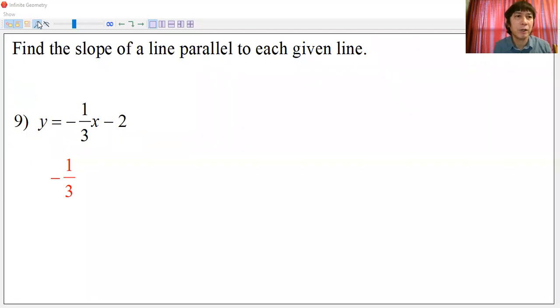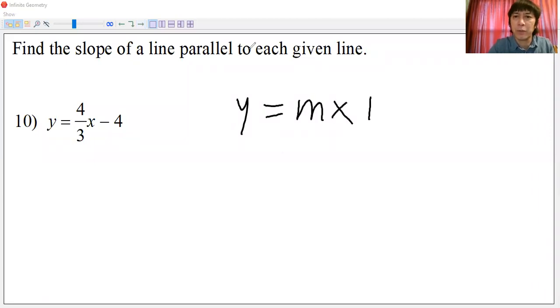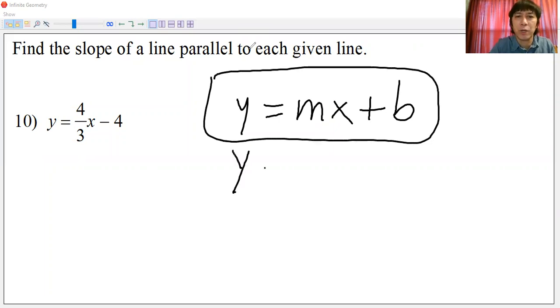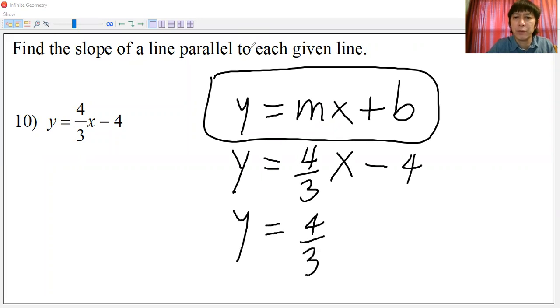Let's continue with number 10. Find the slope of a line parallel to this line. You can see the format of the line. You just have to remember the slope-intercept form, and we can say that the slope of this line is 4/3, because this is of the form y equals mx plus b, and this is comparable to that formula. The given is y equals 4/3 x minus 4,